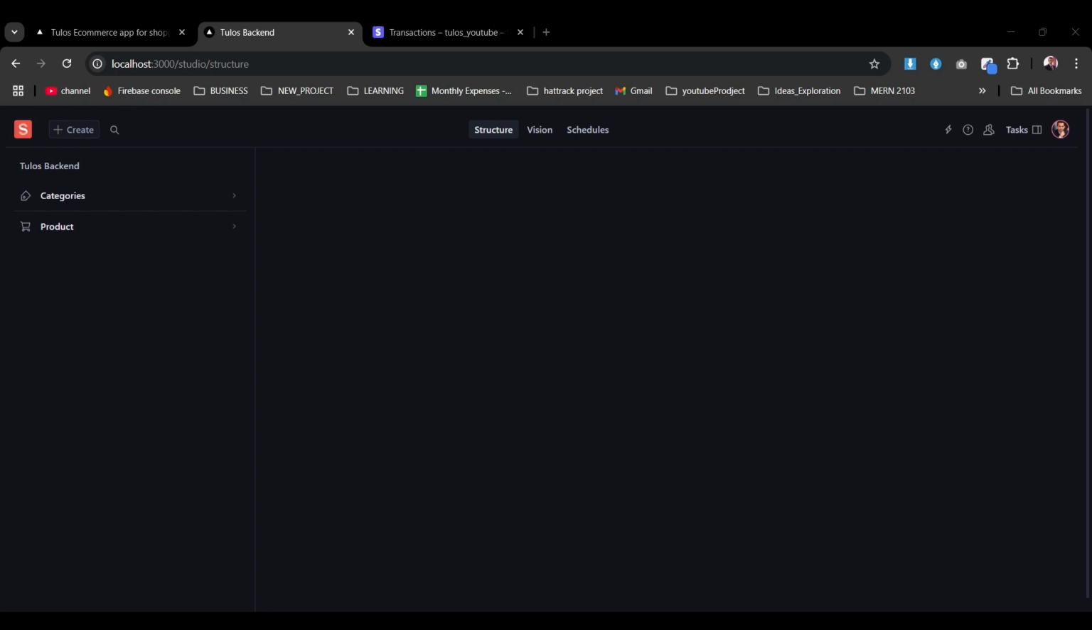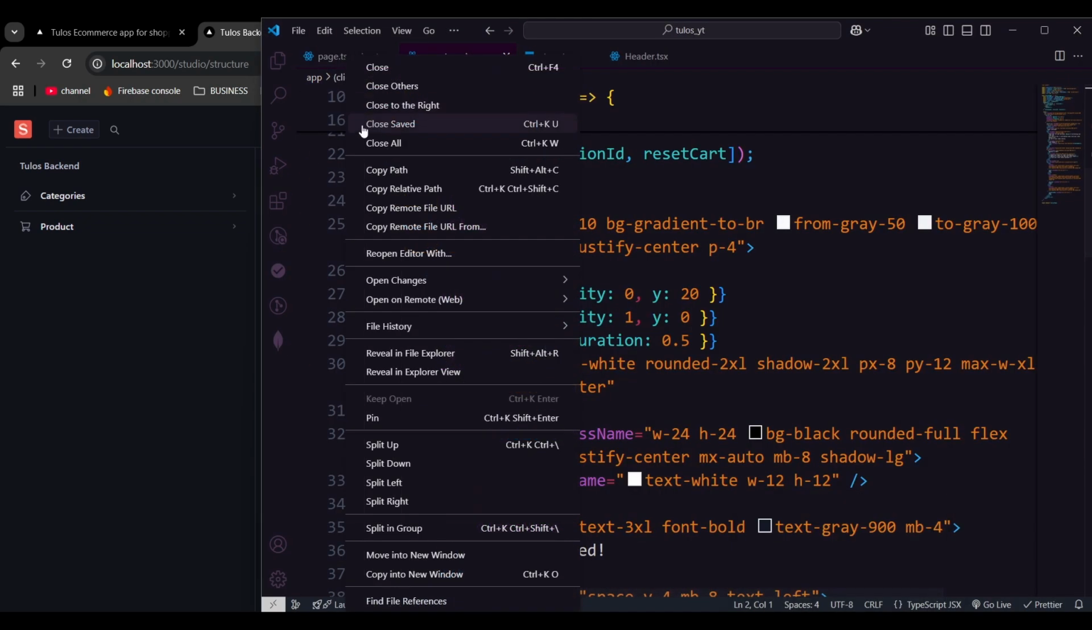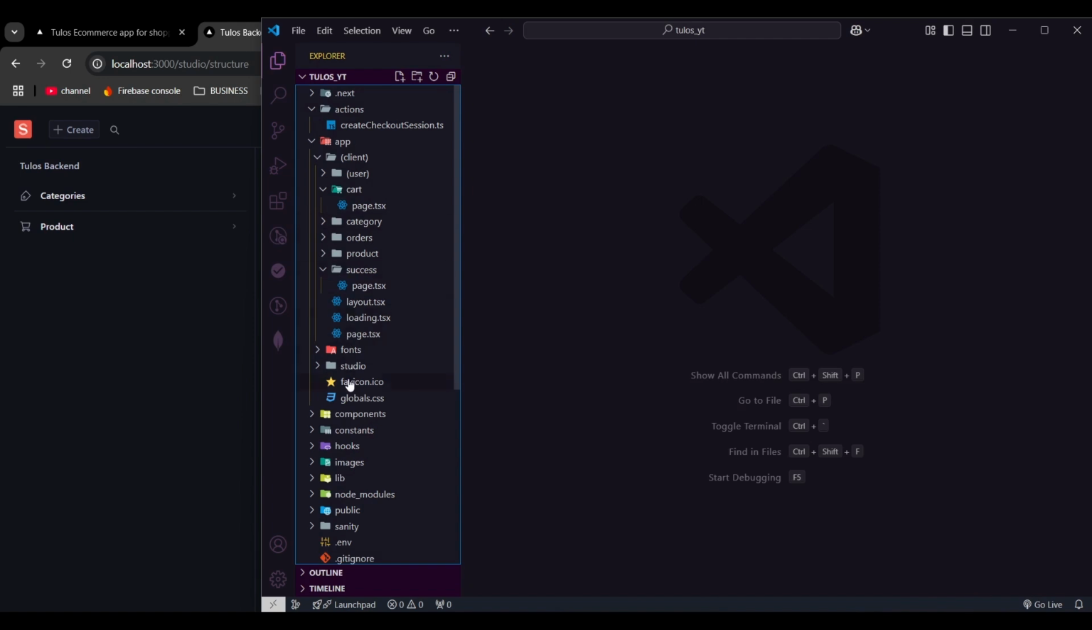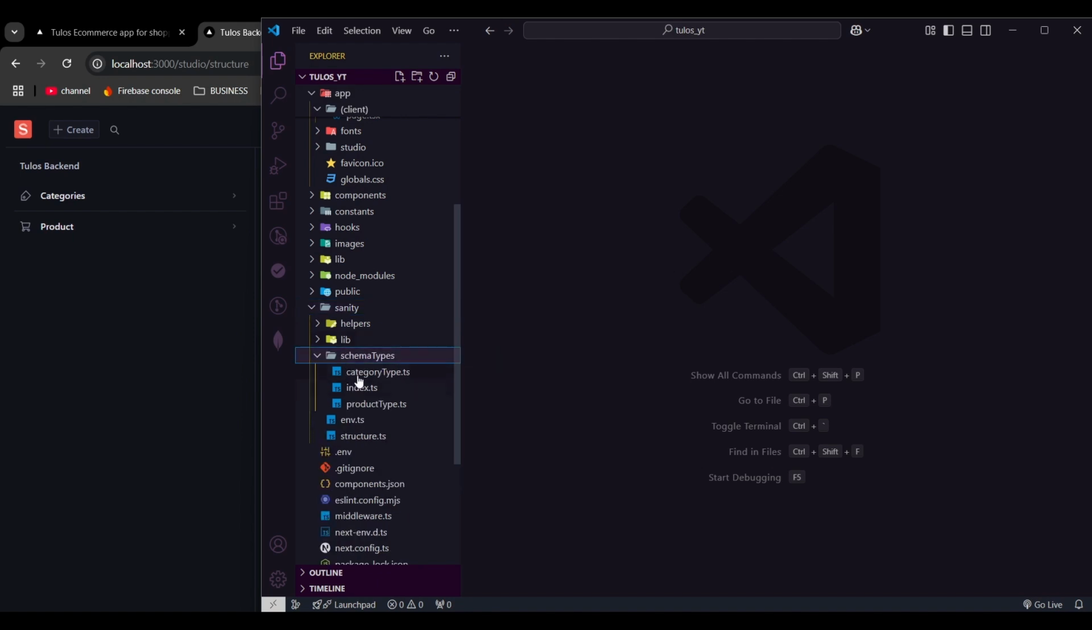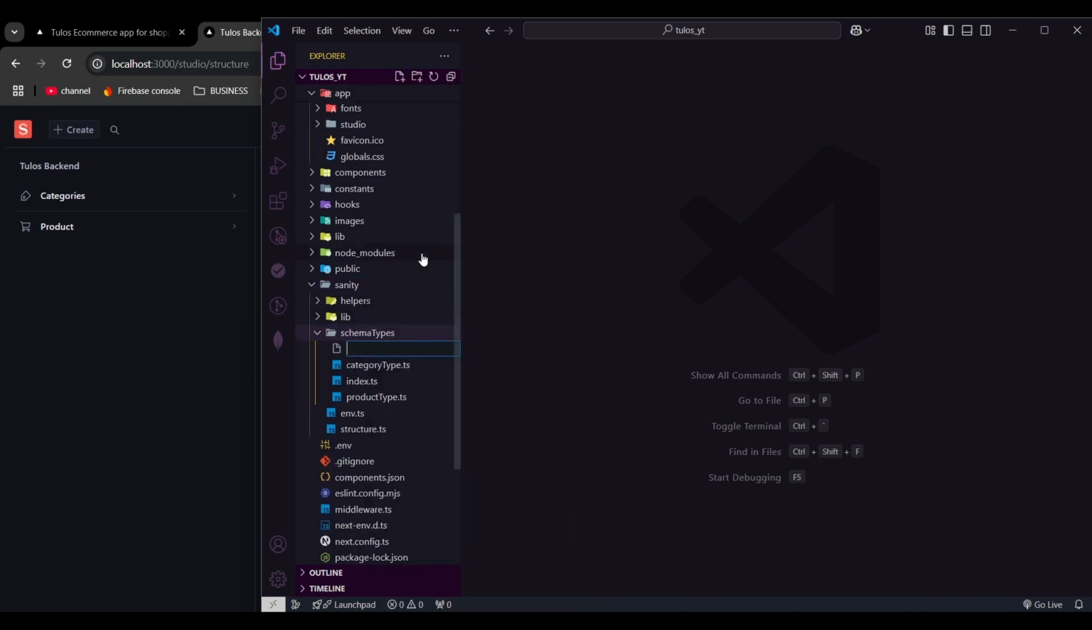But before doing that, we need to create a schema type, right? So with that, we should be accessing our orders. So let's go here, and I'm going to close all, and in the sanity folder, on that schema types, I'm going to create another schema. The file should be order